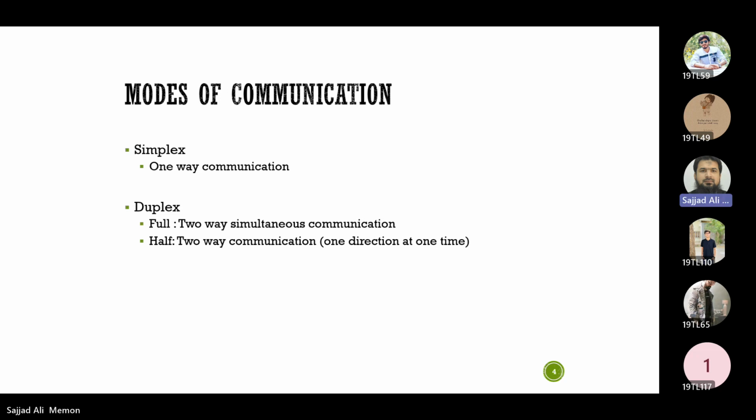Like in cellular communication in GSM, we have different uplink and downlink frequencies. So that is two-way communication. A user, when using cellular communication via GSM,